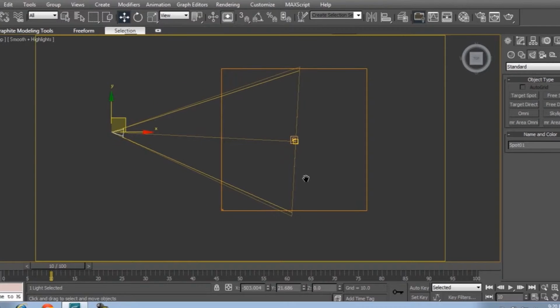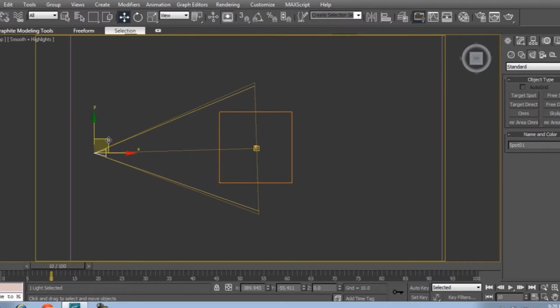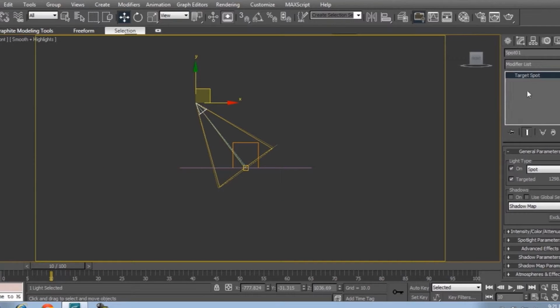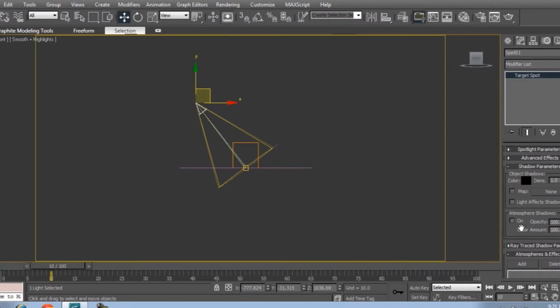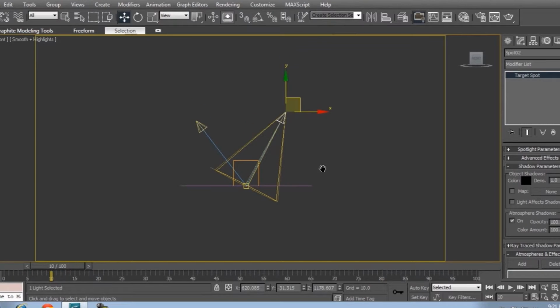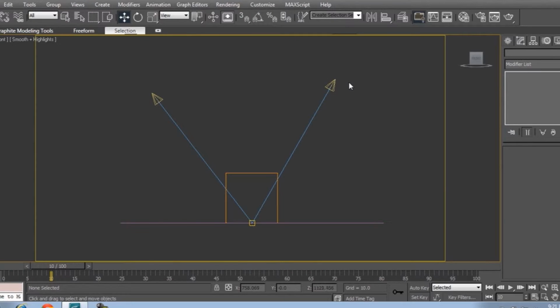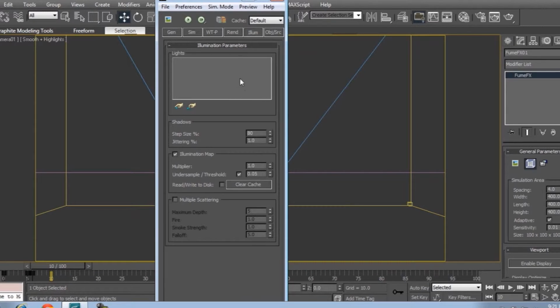Press G key to hide the grid, and we have this, and make this one vertex shadow, and we have to have shadow parameters and atmospheric shadow on, shift, drag and drop, and we have two lights in here, and press C key for camera, and take these lights into our scene,